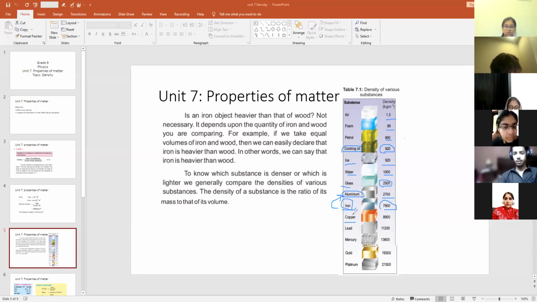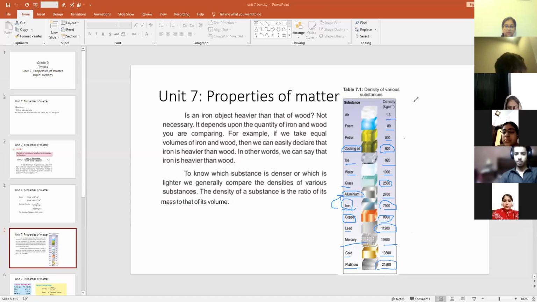Then copper has more density, that is 8900, as compared to the iron and aluminum. Then we have lead. Lead is 11,200. It is more dense as compared to the aluminum, iron, and copper. Then mercury has a density of about 13,600. Gold is about 19,300, and the platinum is even more dense as compared to the rest of the elements, that is about 21,500